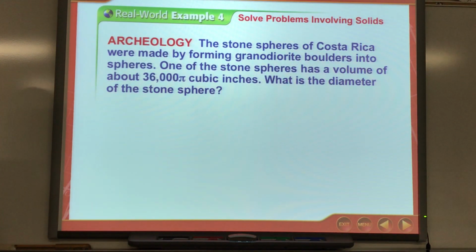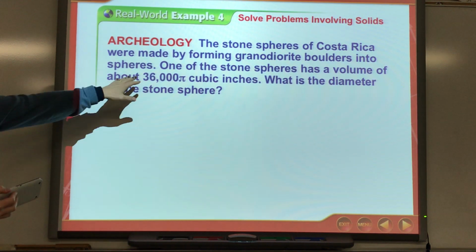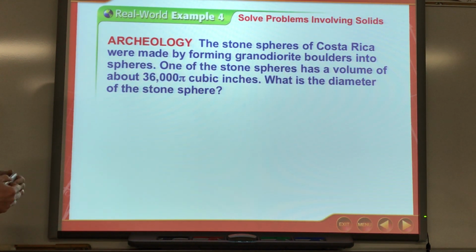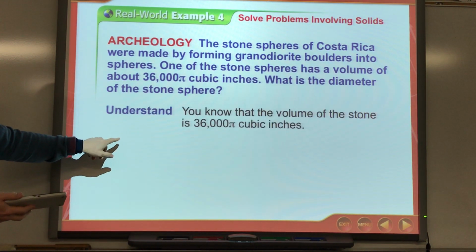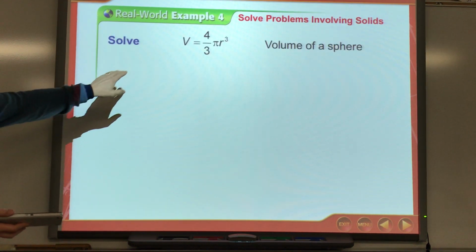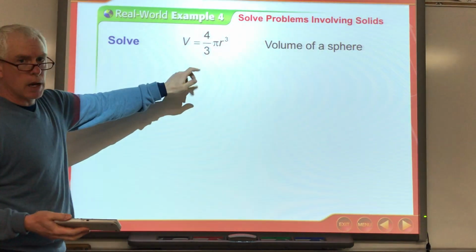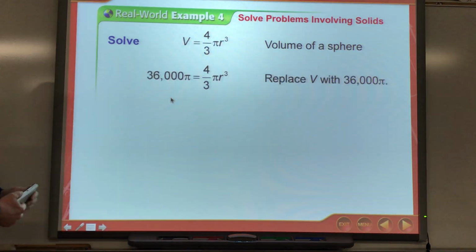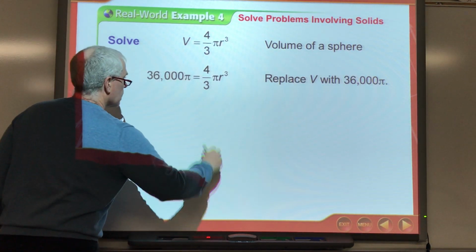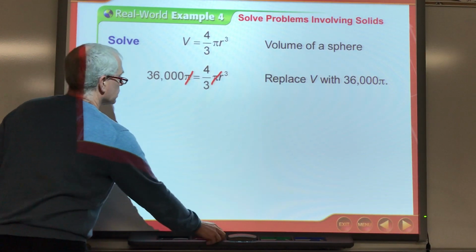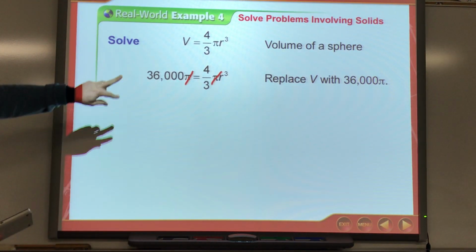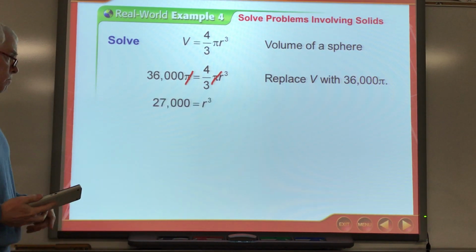All right, the stone spheres of Costa Rica were made by forming granodiorite boulders into spheres. One of the stone spheres has a volume given as 36,000 pi. What is the diameter? So we're going to use that to find the radius and then double it. Okay, so our formula is 4/3 pi r cubed. I can replace volume now with that 36,000 pi. First thing I would do is divide by pi, so you can lose those pi's. Now I'm going to get r by itself, so I'm going to multiply by the reciprocal, 3/4, and you get